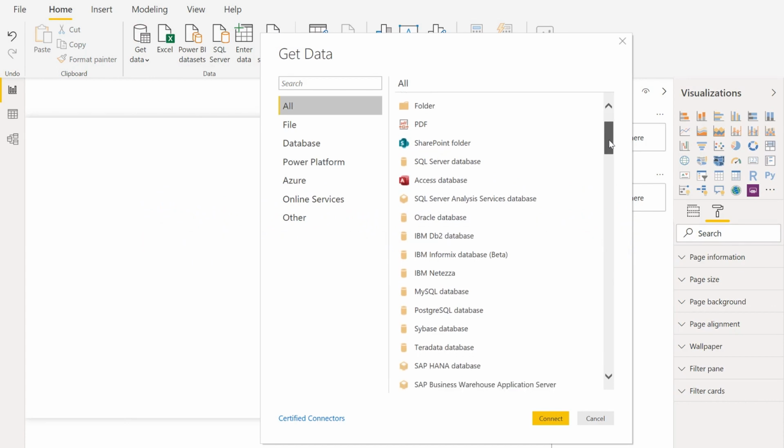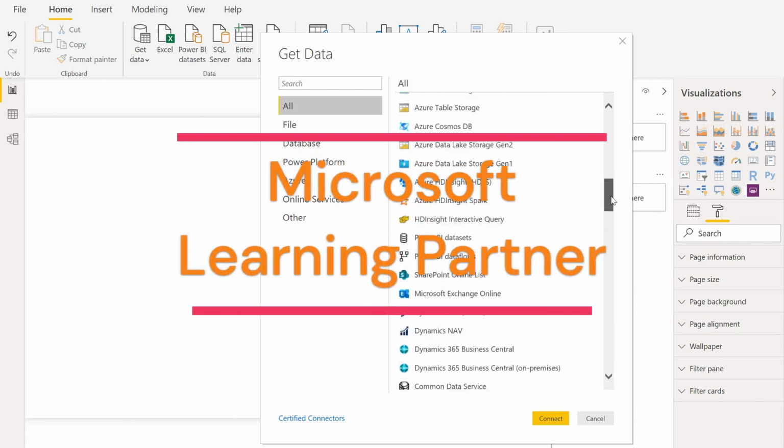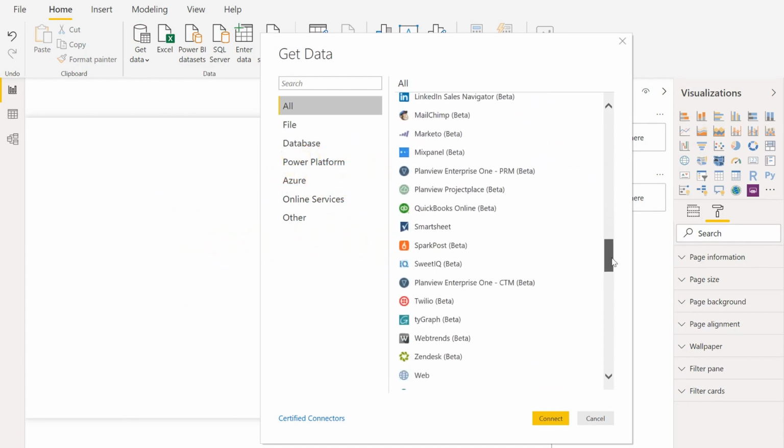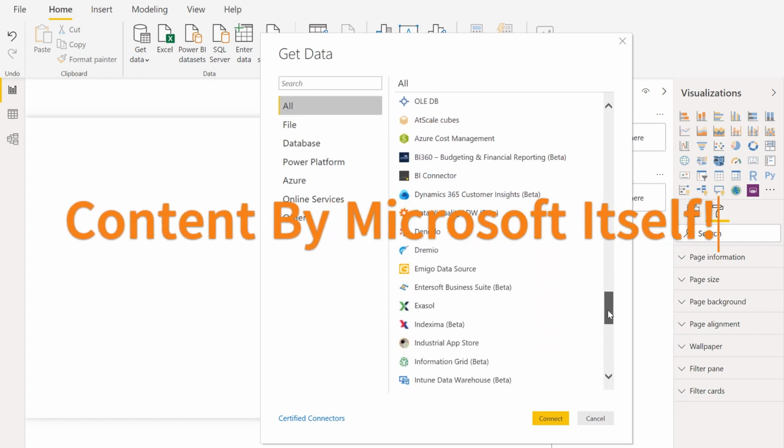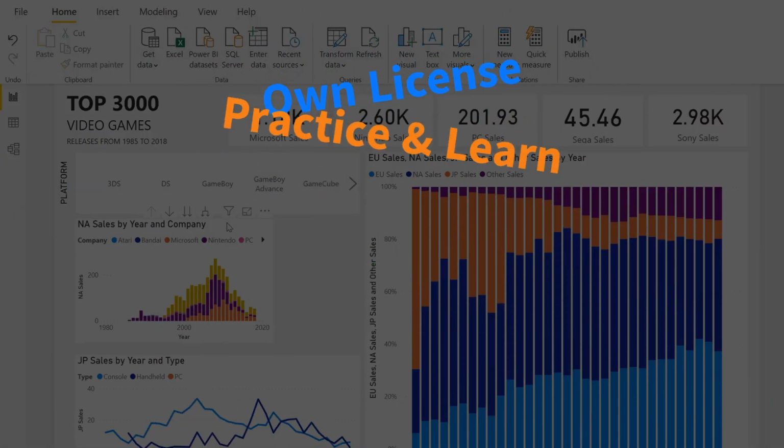It's worth noting that we are affiliated with Microsoft as their learning partner. This means that all the training materials are provided by Microsoft itself, and each participant will receive their own license